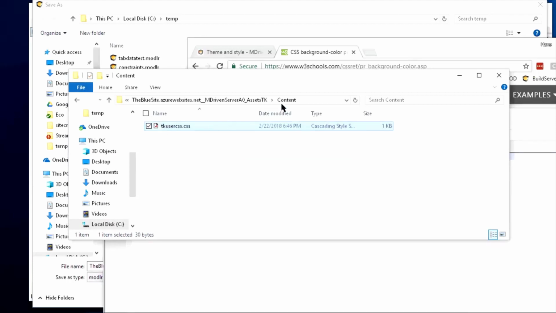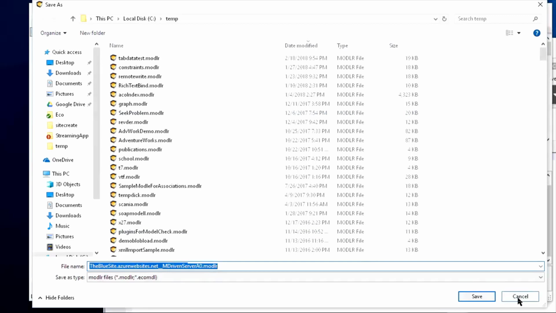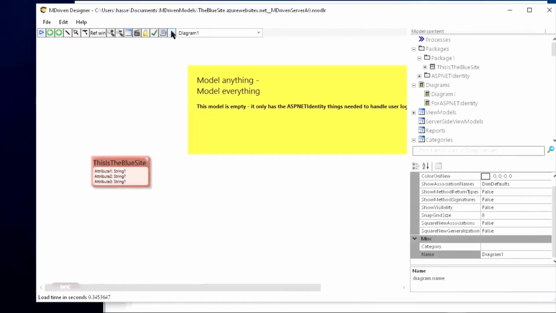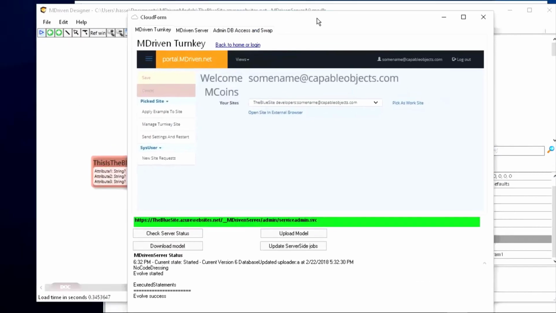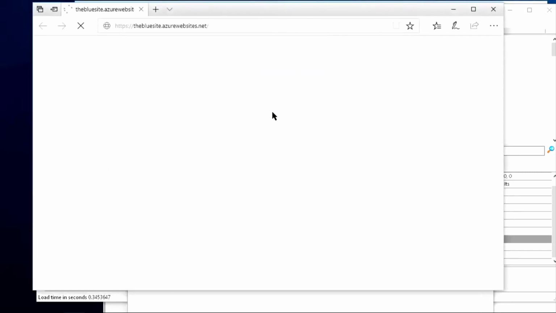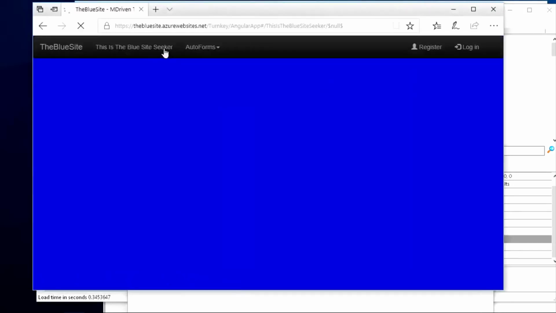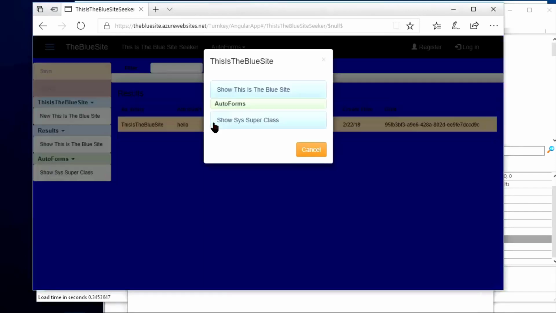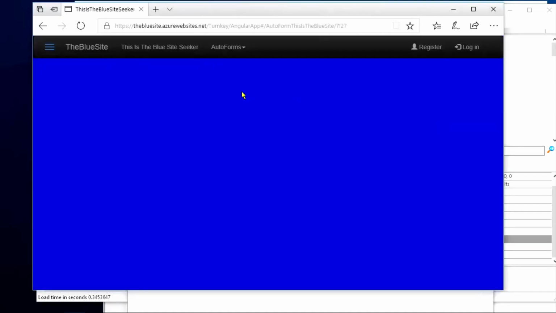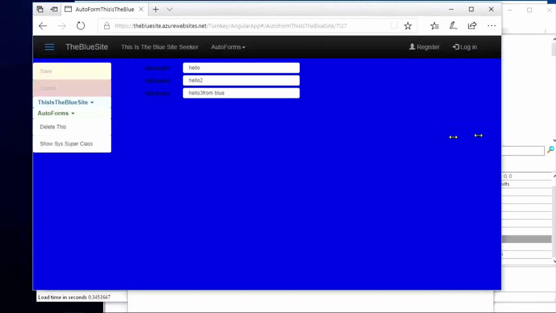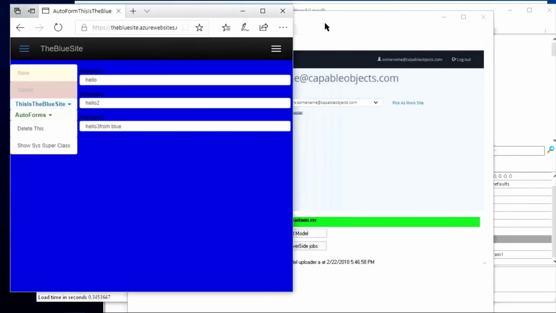And what will happen now when we upload the model next time, the MDriven designer will find the assets TK file, since it was named equally to our model. And it will pack everything in the assets TK file along to send up to the server. And on the server everything is expanded, so our CSS is applied. So now it's blue. Okay, getting ready for testing. So we have this one that is blue,